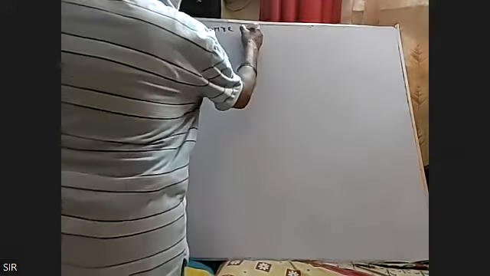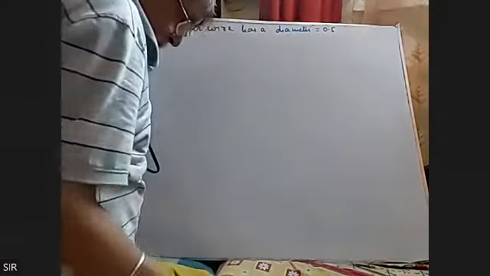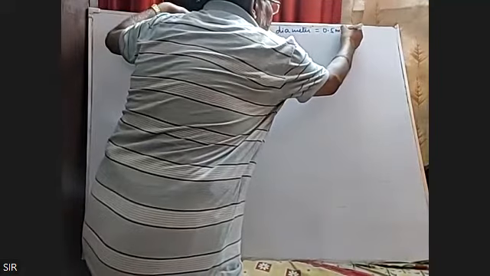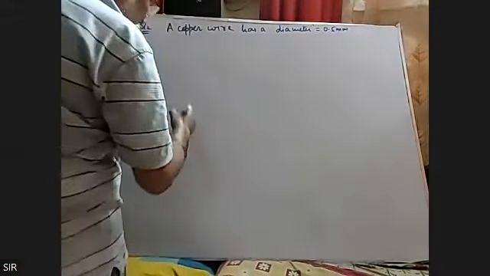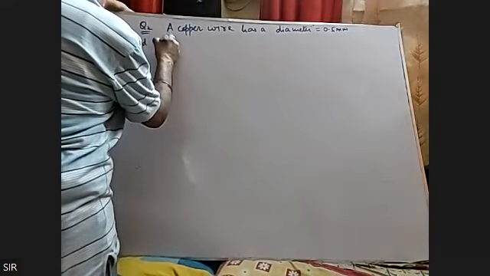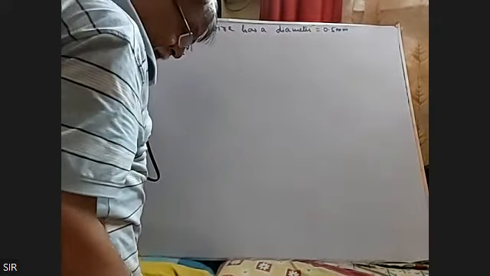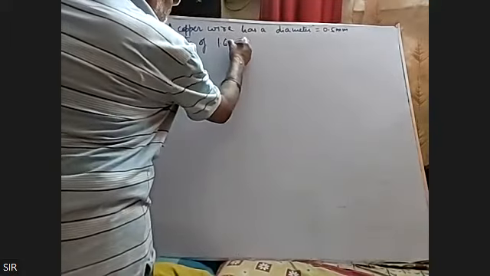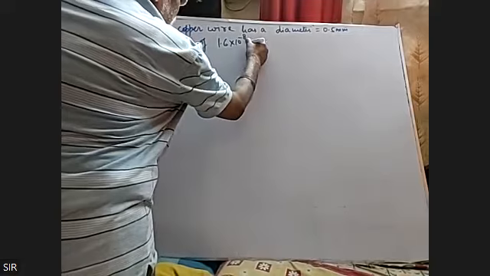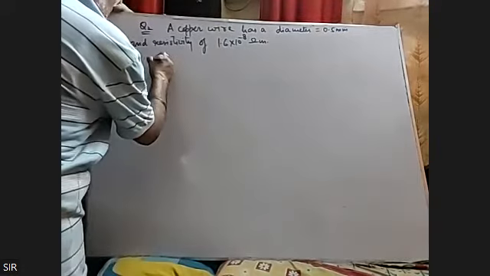A copper wire has a diameter equal to 0.5 millimeter and resistivity of 1.6 into 10 to the power minus 8 ohm meter. Now there are two subparts in this question. A,